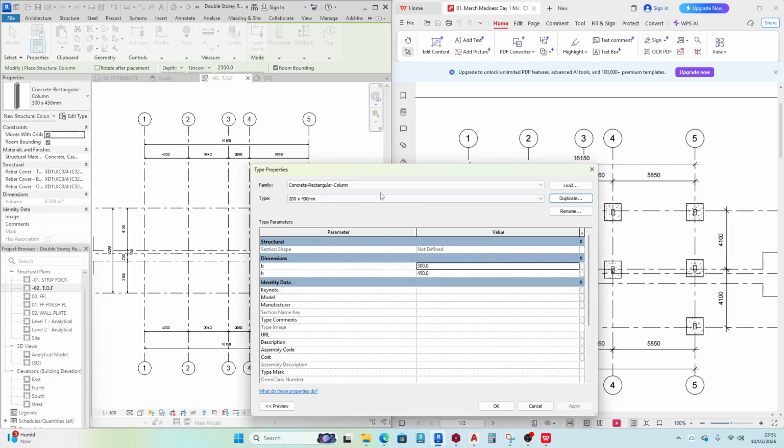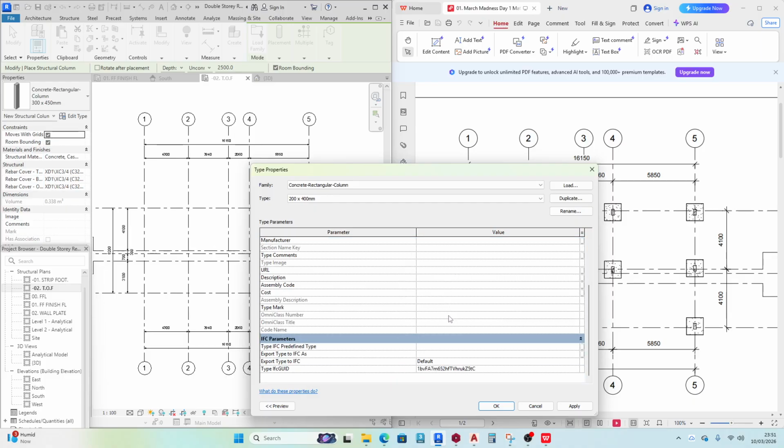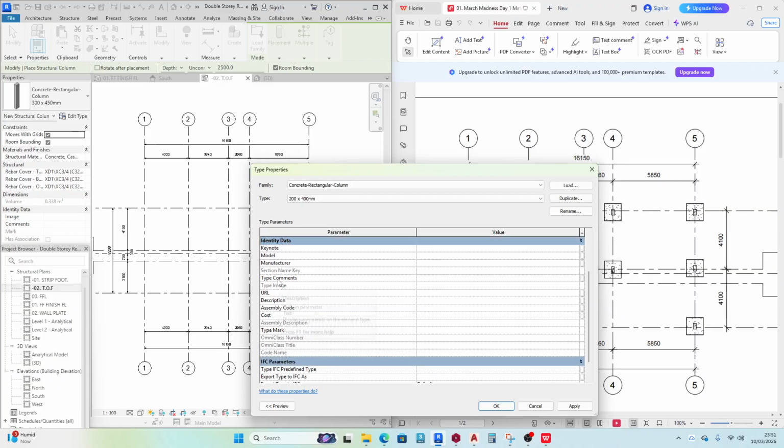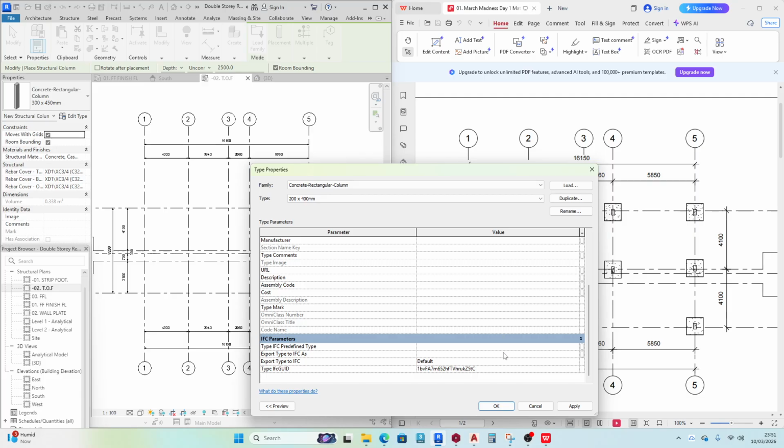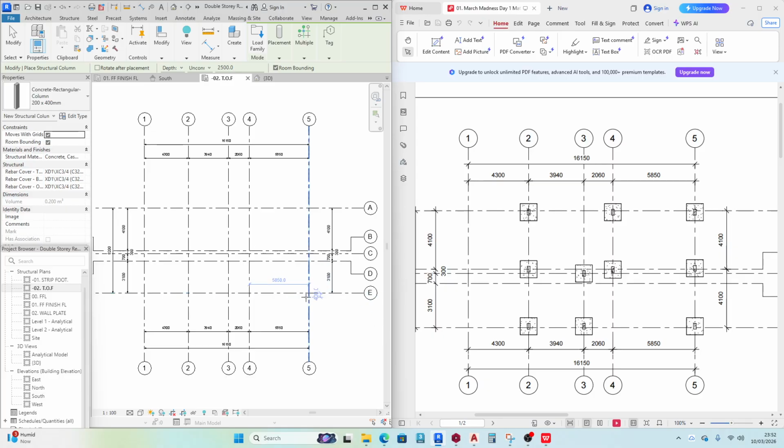Mind you, just change the name, but you haven't actually changed the properties. So on the dimensions part here, change now the values to say 200, 400, and then if you wanted to, you can give it a type mark. You can describe it. If you know the cost also, you can include it, but we won't be doing that in this video. So you apply, you say click, and then if you wanted to, you can place them individually, or you can say on placement here, you can say place at grid,